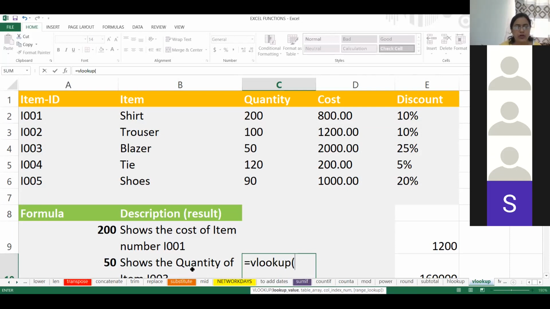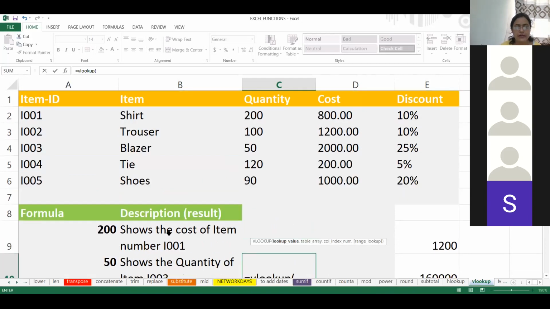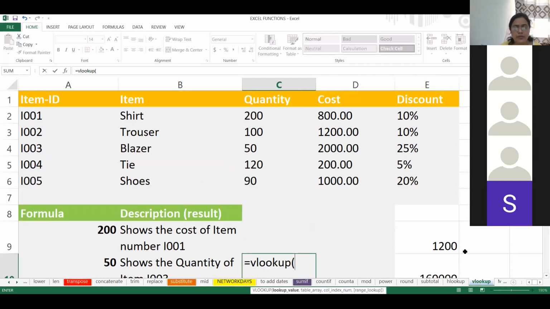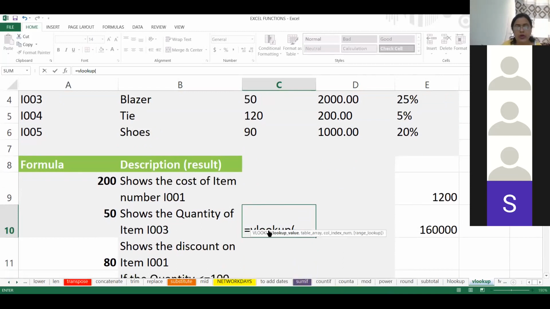So select, I want to show the quantity of item I003. So we use lookup. Select the column, bracket, lookup value is I003, right? So I'm selecting I003, comma.